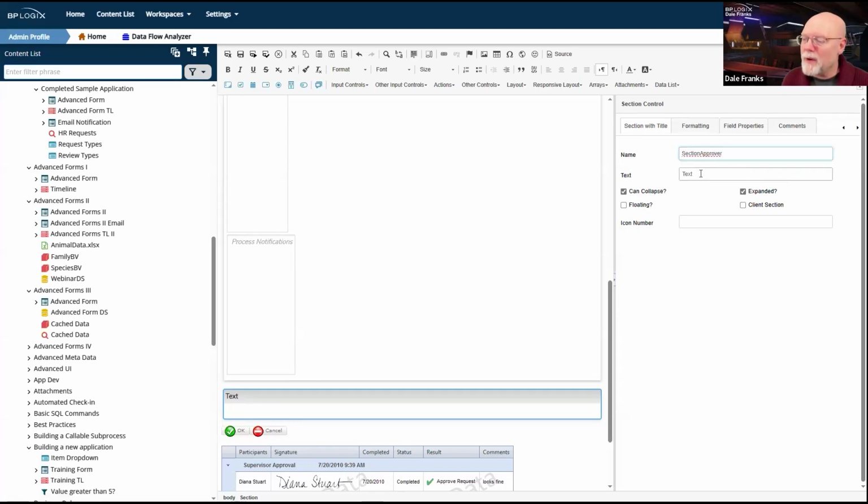Section approver action. So I'm going to stop talking to you. I'm just going to do this and get this done.